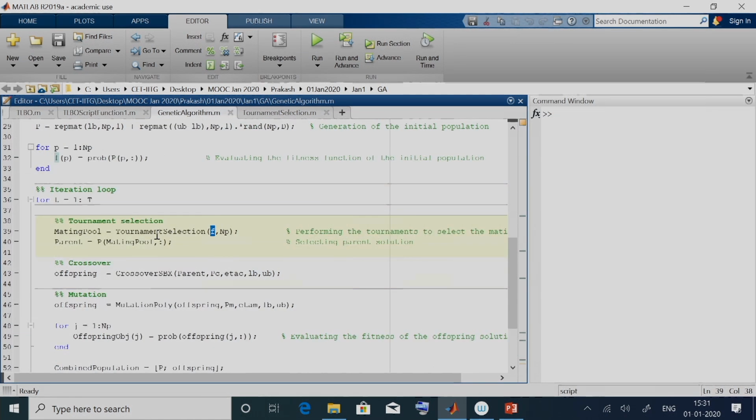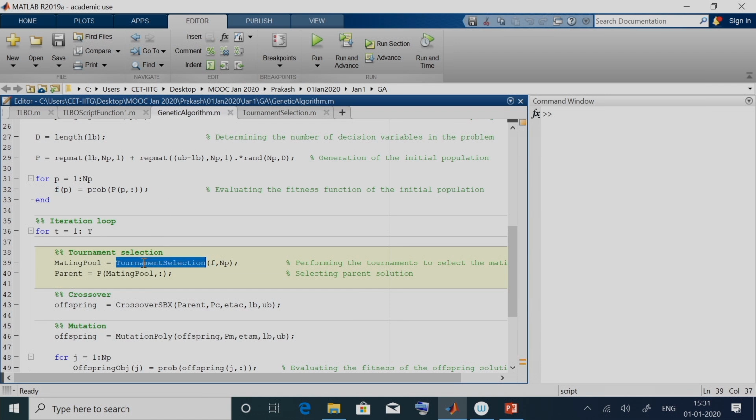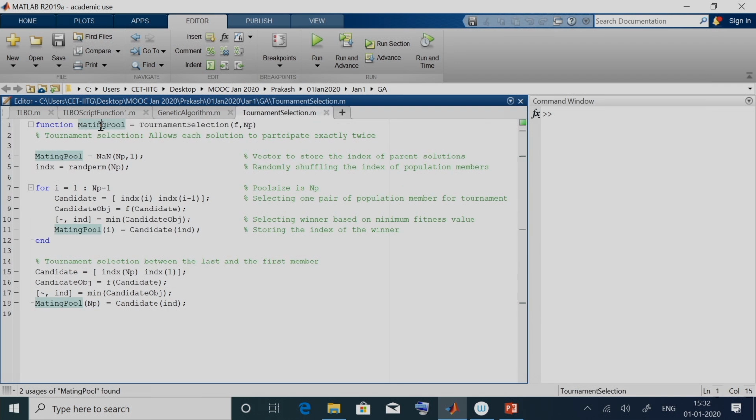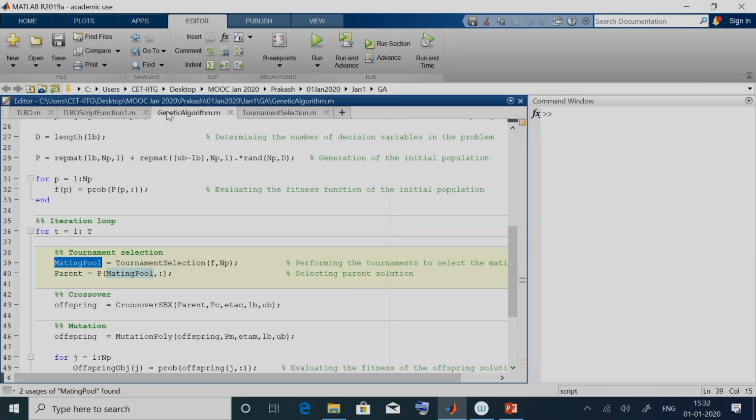So let us go back to the genetic algorithm script. From the tournament selection we obtain the mating pools. This function will provide the mating pool. When we say mating pool, it will be just a vector containing integers. Let us say the vector contains values 2, 4, 8, 9; it means the second solution, the fourth solution, the eighth solution, the ninth solution comprise the mating pool. The entire solution vector would not be there, but only their locations or indexes would be available in the mating pool. Once we know the indexes, we can extract the entire solution using the population. That is what we will be doing over here.